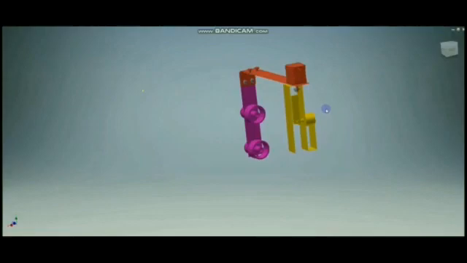The striking part consists of a DC motor, a frame and a striking blade. Now the width of the frame right here is 3.6 cm, which is approximately 0.3 cm more than the diameter of the striker, so that striker could fit right here and it also prevents it from going left or right.